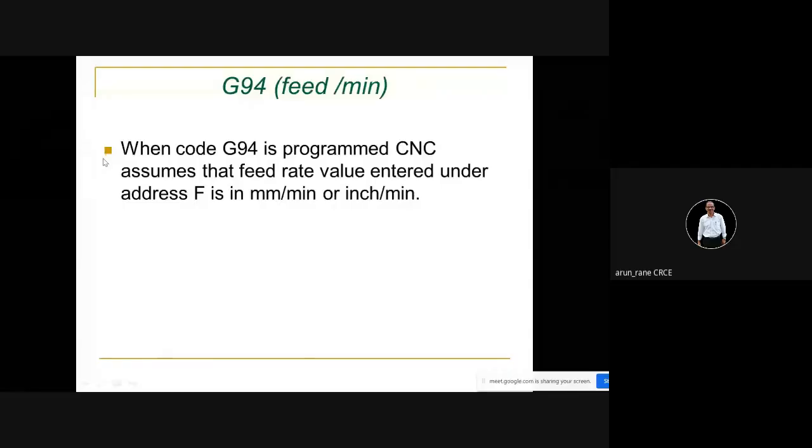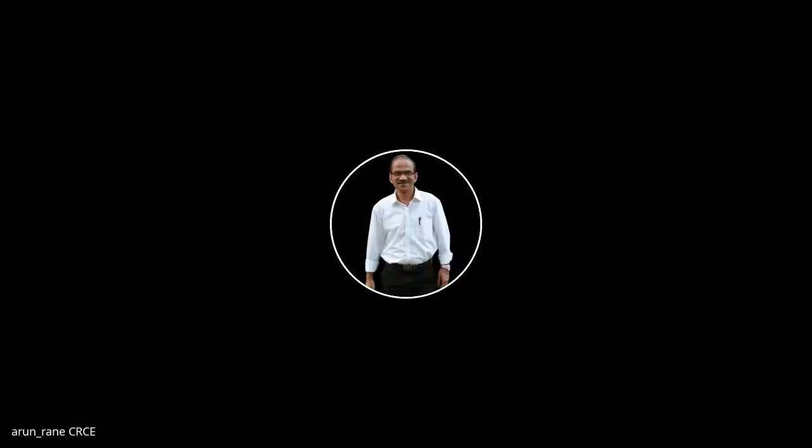Feed rate you understand, isn't it? It is nothing but a velocity. It is the velocity at which the tool is moving. Let's say 200 millimeter per minute. You are familiar with meter per second or kilometer per hour, but here we are using the unit millimeter per minute. So if you are using 200 millimeter per minute, that means in a minute the tool will move by 200 millimeter.